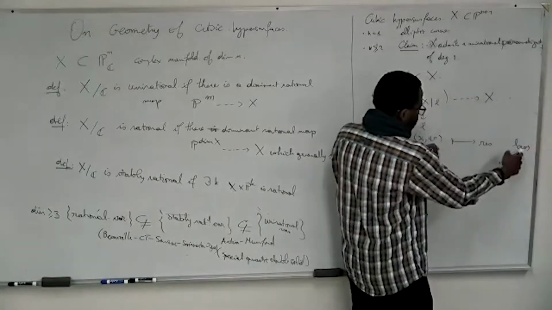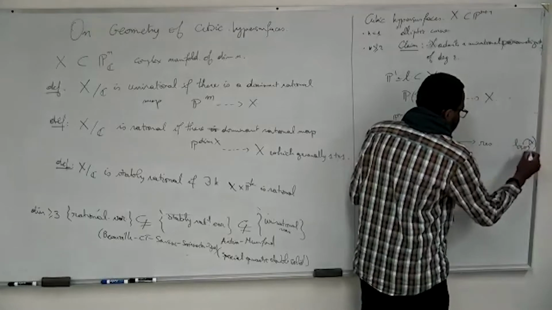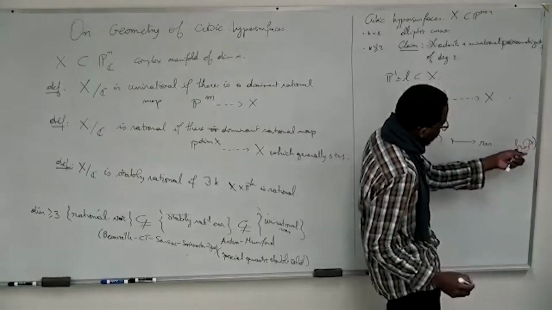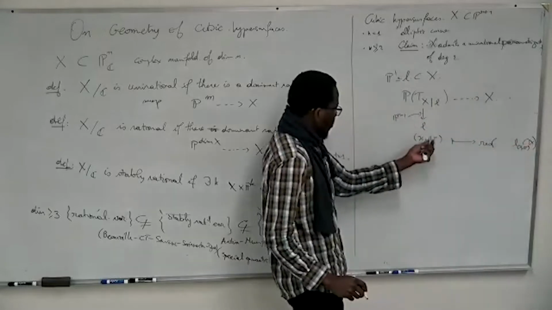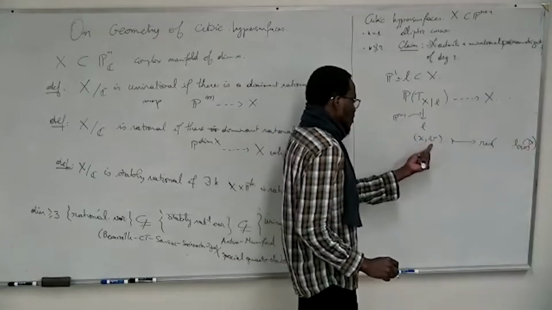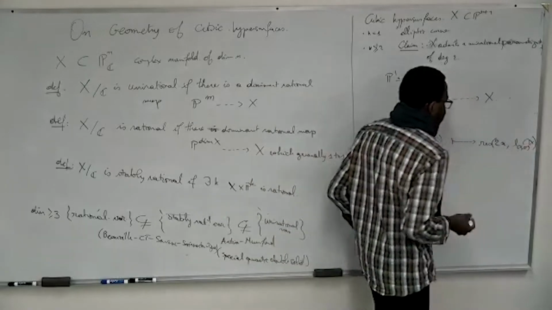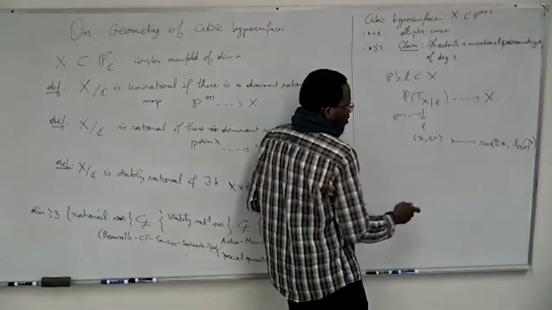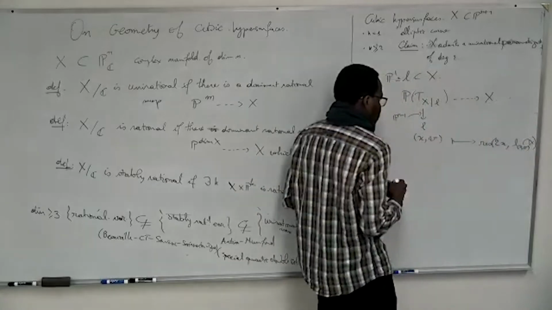I denote this line like this, and I can take the intersection of the line with X. Generically, it will not be contained in X, therefore the intersection will consist of 3 points. But since we have taken a tangent direction, the intersection will contain the point X with multiplicity 2. And then there will be just one residual point, and this is the point that we associate here.